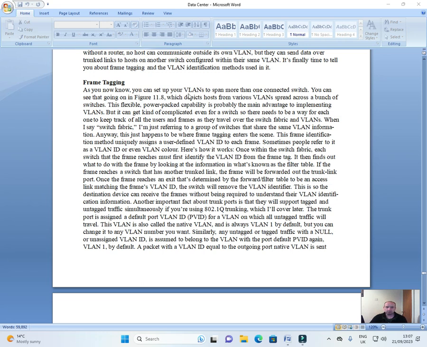As you know, you can set up VLANs to span more than one connected switch. You can see that going on in figure 11.8, which depicts hosts from various VLANs spread across a bunch of switches. This flexible, power-packed capability is probably the main advantage to implementing VLANs, but it can get kind of complicated even